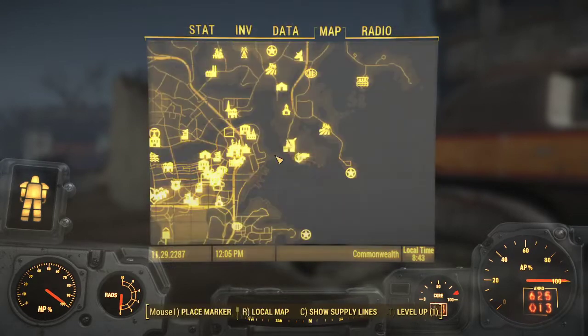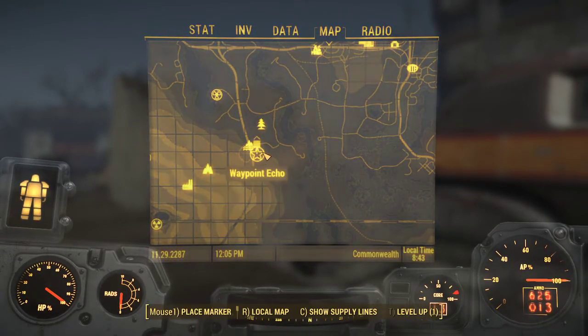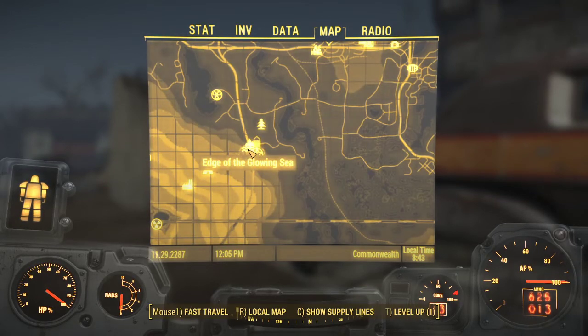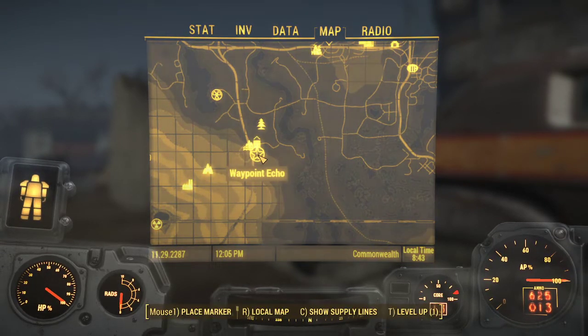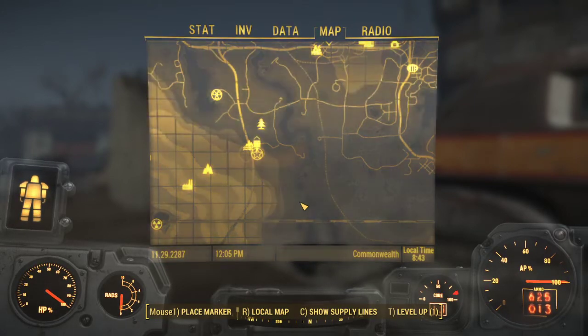I'll tell you what, I was gonna go... We have to meet up with Halen. Let's see. Right here. We have to meet up. They have Waypoint Echo here. Now, we could probably teleport via the Institute to here, the edge of the glowing sea, and then just go right down to the Waypoint Echo. And then